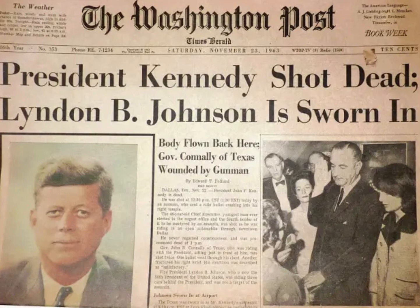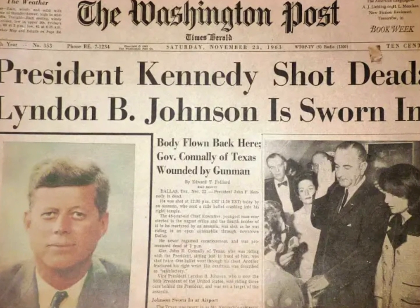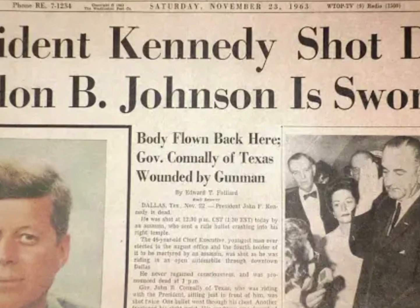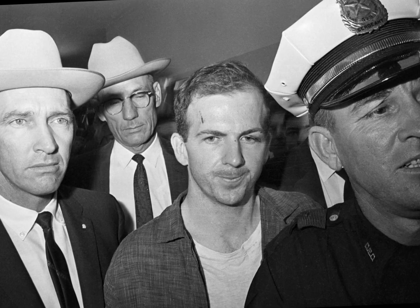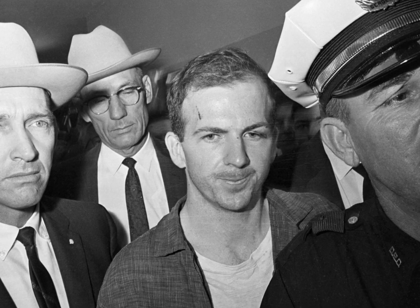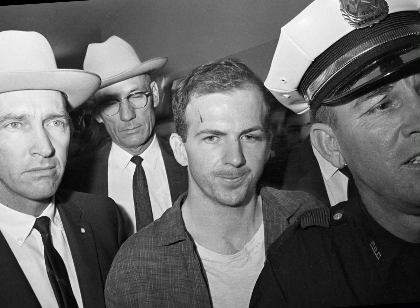Governor Connolly, despite being seriously injured, was alive and would recover after some time. However, before the day was over, Officer Tippett, located near the assassination site, was announced to be killed in an armed attack. Within an hour, 24-year-old Lee Harvey Oswald was arrested as the murder suspect. Testimonies and his presence in the Texas School Book Depository during the day made Oswald the prime suspect in Kennedy's